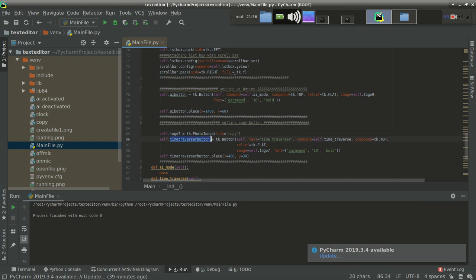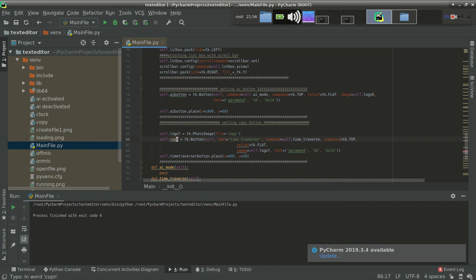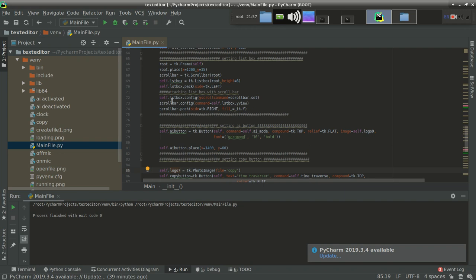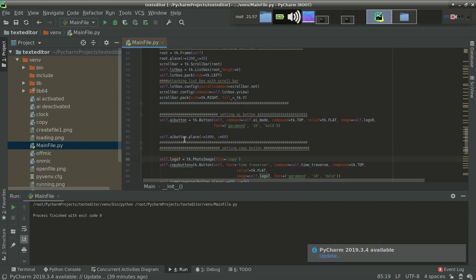Name should be, let's provide a name as copy button. Yeah, this one. DK dot button. And the logo name, we have used image, this is AI button, and this logo 9 over here, so it should be logo 10.